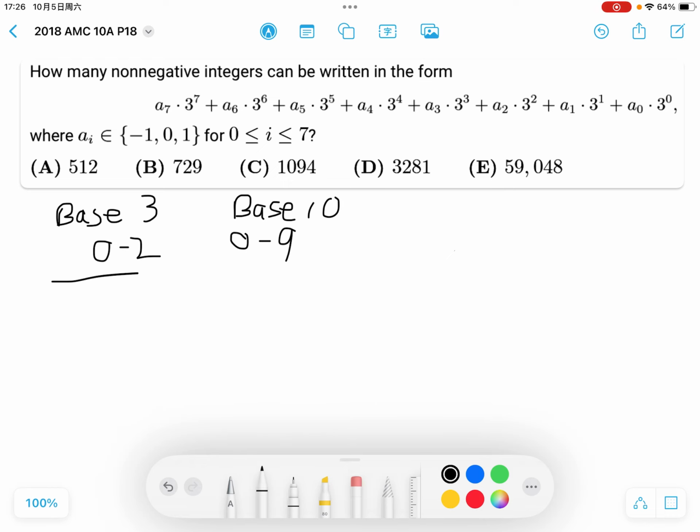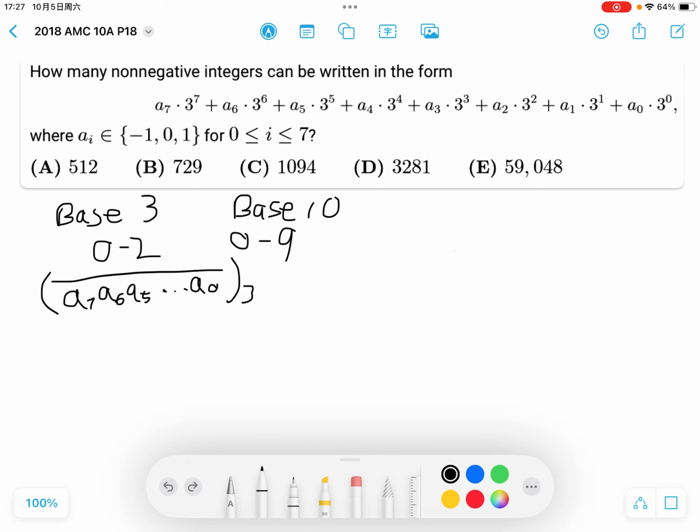When we convert from base 3 into base 10, we write each digit. So this base 3 number would have been A7, A6, A5, A4, all the way to A0. And now when we convert into base 10, we write it out like this. We add all the numbers up and we get the base 10 representation of this number. So how does this actually help us? It's like making stuff more confusing, right? We were using base 10 all along, and now we have base 3. Well, no, it actually isn't confusing, because